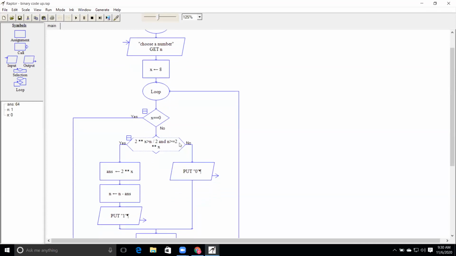Sir, the condition is very simple, sir. There are only two conditions, sir. 2 power x should be greater than n by 2, and n should be greater than or equal to 2 power x, sir. So if you take n as 65 or something. Paul, 1 minute, you can stop sharing it. I will write it on the board so that we can track it. People will understand what you have done.